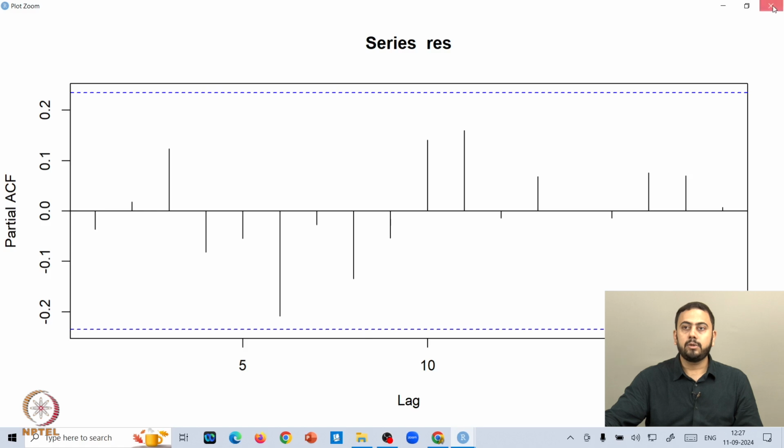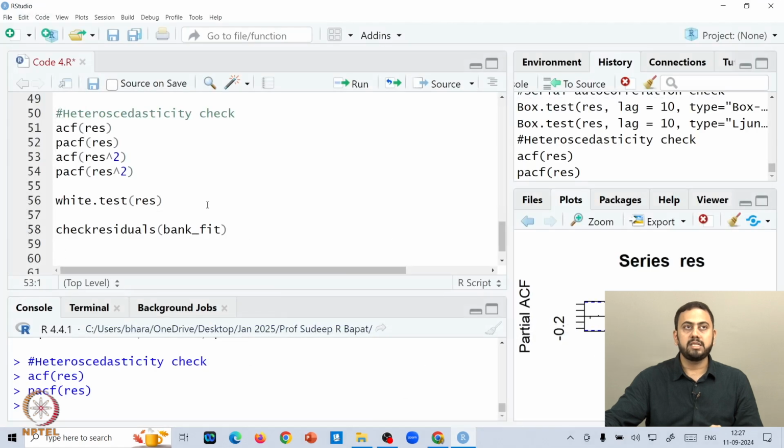So both the ACF plot and the PACF plot are suggesting that the serial autocorrelation or heteroscedastic nature of the residuals is kind of maintained. So residuals are behaving as if they are a stationary series. But like we discussed, we also have to check the ACF and PACF plots of the squared residuals instead, and not just the actual residuals.